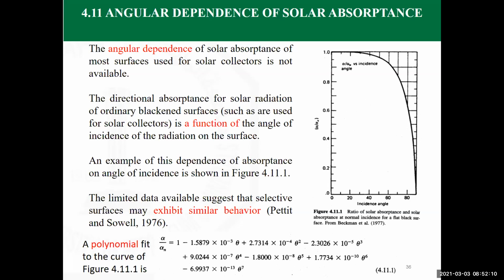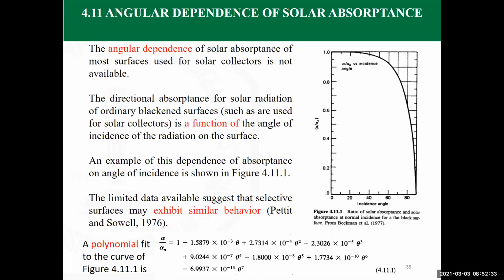So again, how can we make it normal? It can be done, for example, by tracking. So it's just a matter of a trade-off. You see how much tracking is going to cost you, and how much energy you are going to get, and you just compare that. Is it better to increase the number of solar collectors with stationary position, or maybe